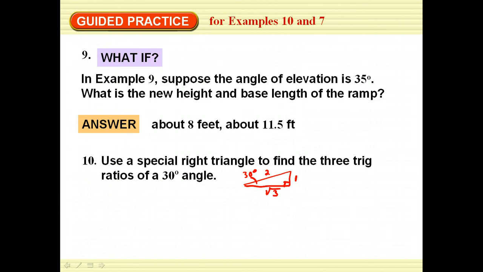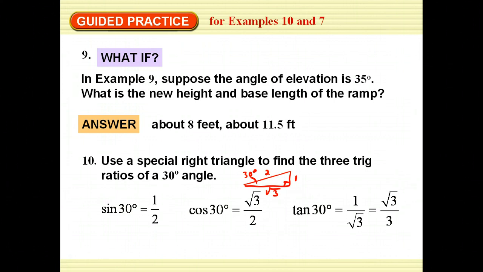So my sine of 30 is opposite over hypotenuse, so that's 1/2. Cosine of 30 is the adjacent over the hypotenuse, so square root of 3 over 2. And then the tangent is